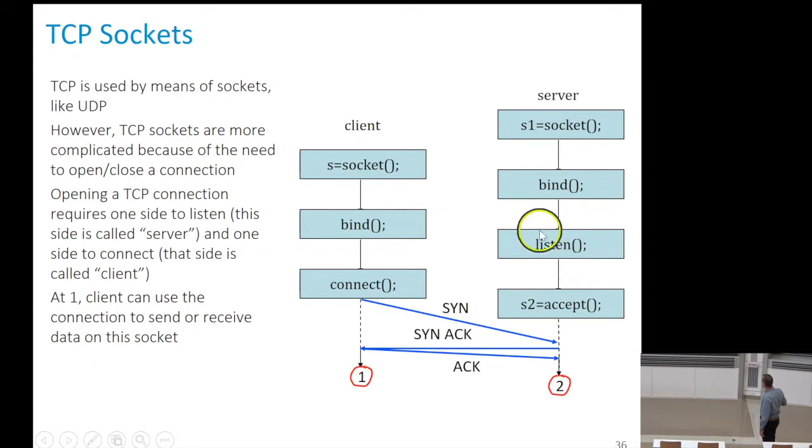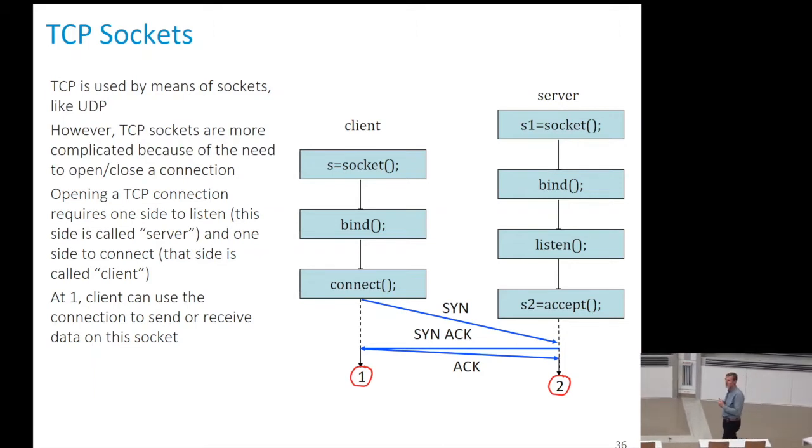Once you have done that, you have created a socket on which you are accepting to receive connection requests, on which you're accepting to receive SYN packets. That's what a TCP web server typically does. This is what a server is. The definition of a server is a system that is waiting for things to come to that system. So a TCP server is a system that does a listen, essentially. Listen means you are ready to receive SYN packets. Whenever one SYN packet comes,